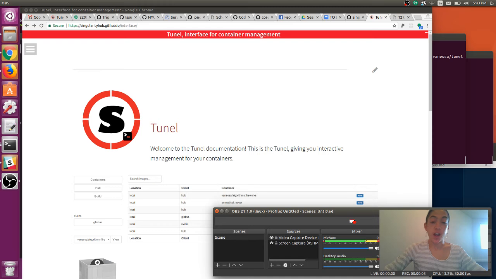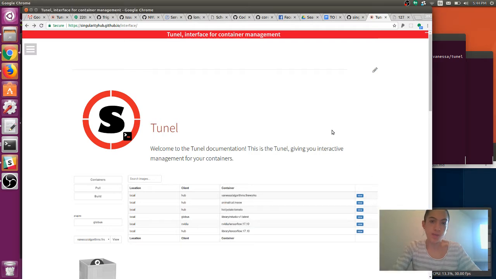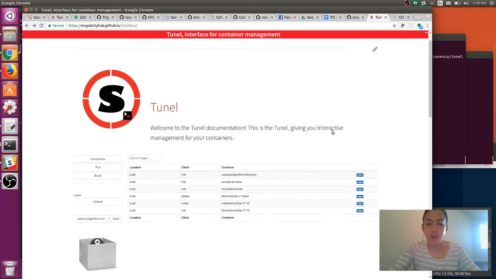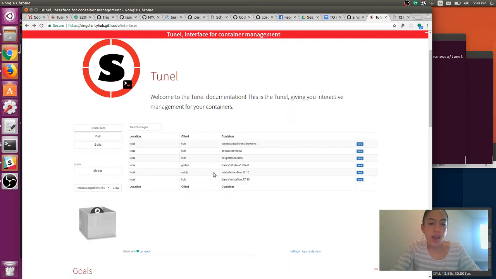I am with Stanford Research Computing, and today I and little Pusheen, we're going to tell you about a tool that I've been working on that I'm really excited about. It is called Tunel, supposed to be like Tunnel, and it's an interactive interface that is Dockerized, where you can have management for your Singularity containers, and you can pull, you can build, and you can actually transfer and sort of move them back and forth between Globus endpoints on all of your different clusters, because Globus endpoints are really